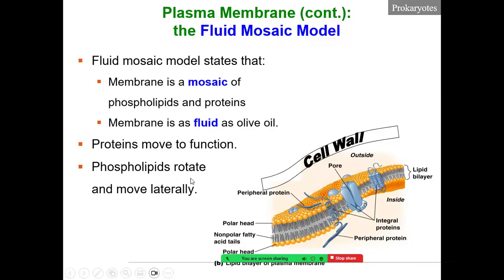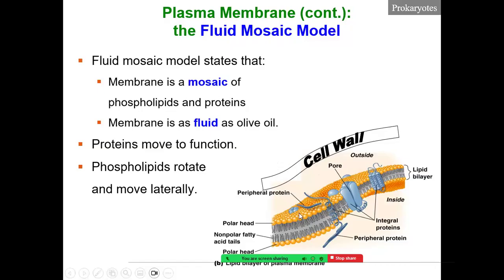All right, the phospholipids are free to move about in the membrane, and they can move laterally, or I mean rotate all the time. So this can just rotate right in place here, spinning around. But it can also move that way. The thing is, it's got this in the way, so that has to move out of the way, and then that one can move over. That's actually how water can move through the cell membrane. Water being outside the cell simply waits for a phospholipid to move over, and then the water occupies the space.